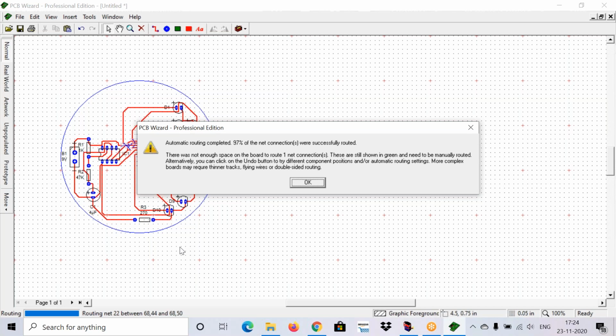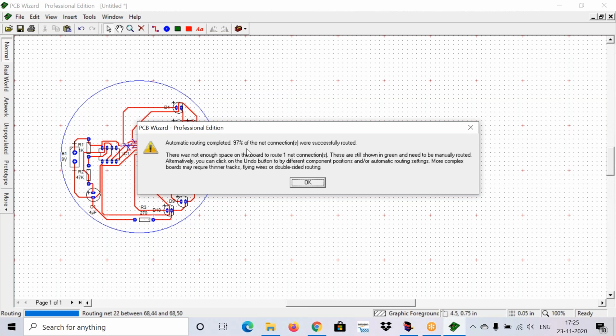Here, if you observe the warning message, auto routing completed 97%. That is also wrong because it will use so many jumpers and still gives us the output as 97%. That is wrong.